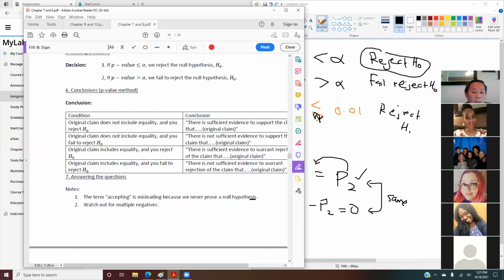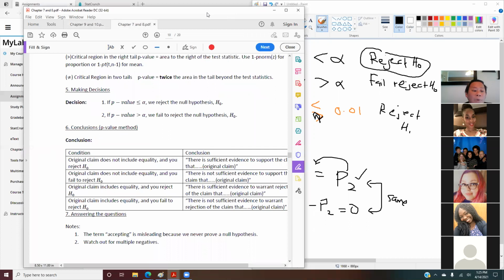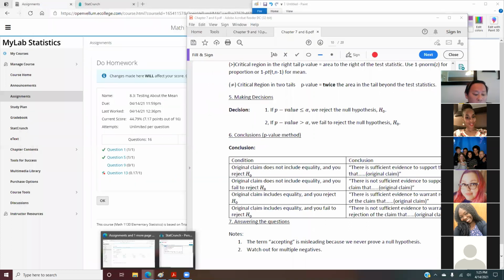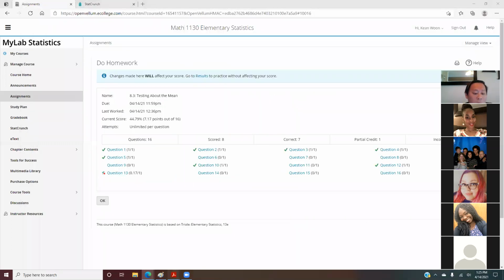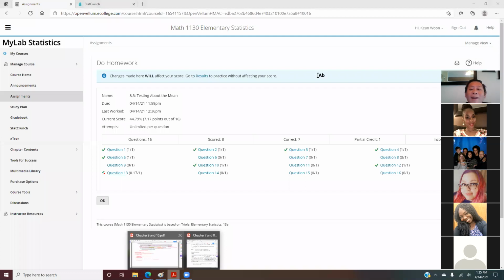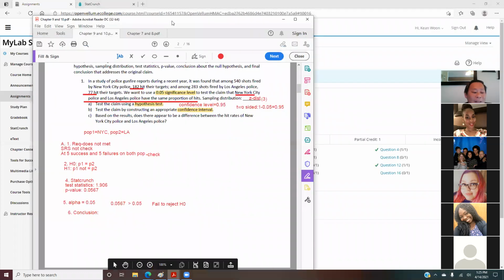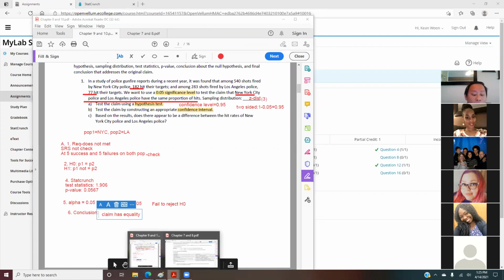If you look at this question, does your claim statement have equality in this case? Yes, your claim has equality, right? Because same means equal, they are the same. So since they have equality,